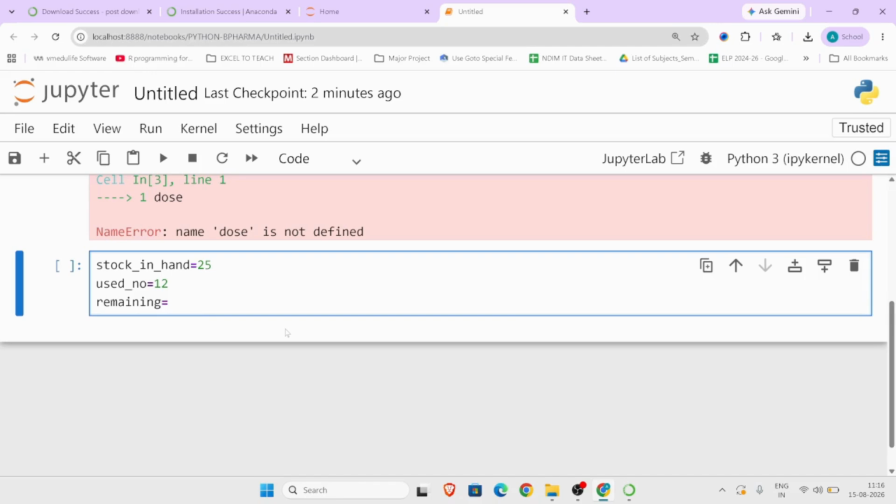So what is the variable? The expression is stock_in_hand minus used_no.